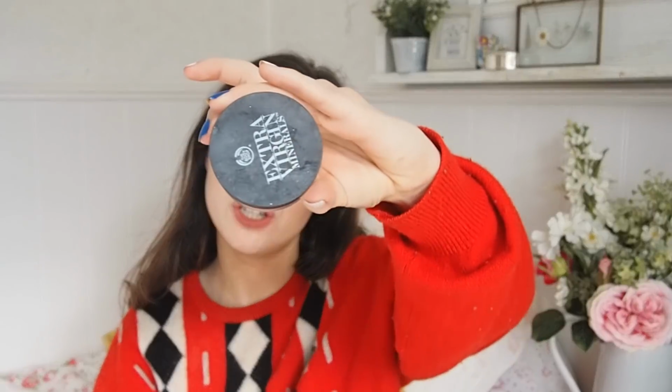I probably should have put this in with those other Body Shop products, but let's carry on. This is the Extra Virgin Minerals foundation in the shade Natural Ivory. This was way too pink for me. I did use it up for the sake of it because we don't like wasted product in this household. It made my skin look a little bit dry, but I mainly didn't like it because the colour match just wasn't for me. It's way too pink,